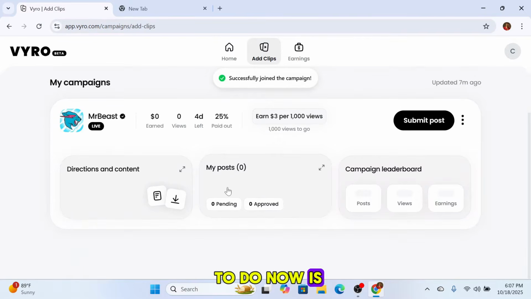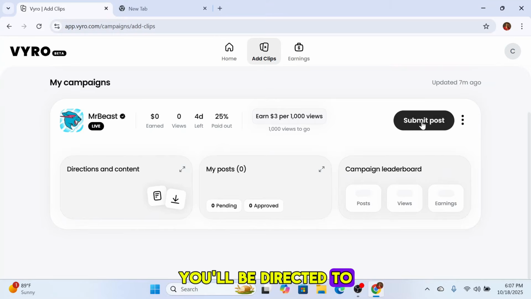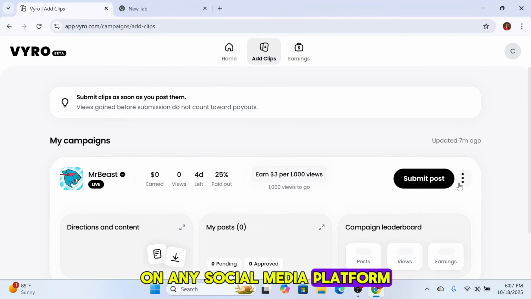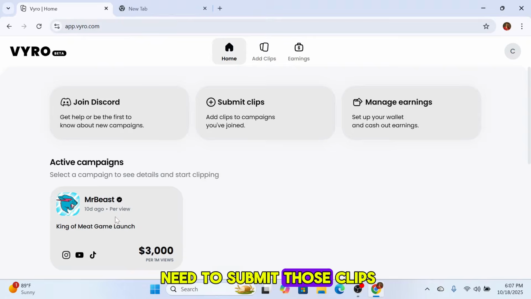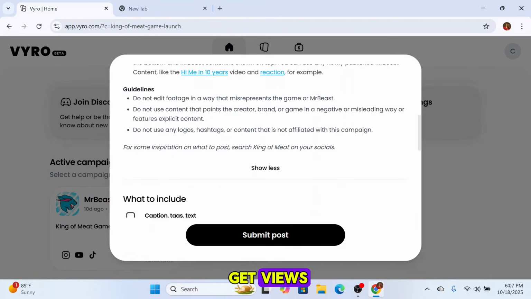What you need to do now is submit your post. You'll be directed to submit the clips that you've posted on any social media platform. Firstly, you need to create a clip, post it on your social media account, and those clips should get views.